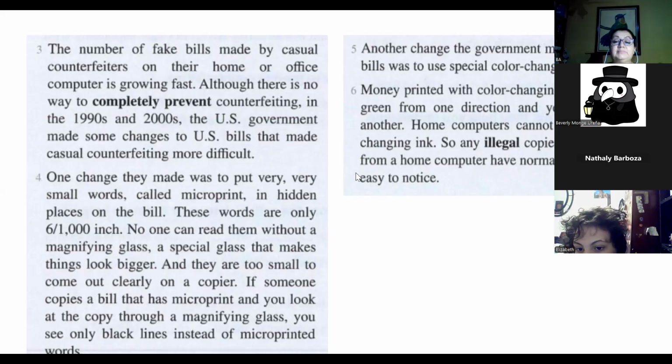The change in the ink. They change the ink, the color ink. So this is a new characteristic in the bills. If the bill doesn't have color changing ink, it's easy to see. Okay, so it's easy for people to see. Good. Okay. Now again,